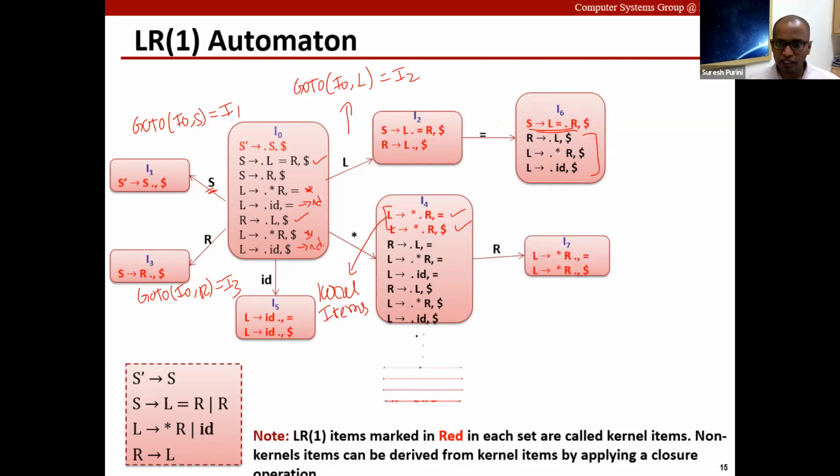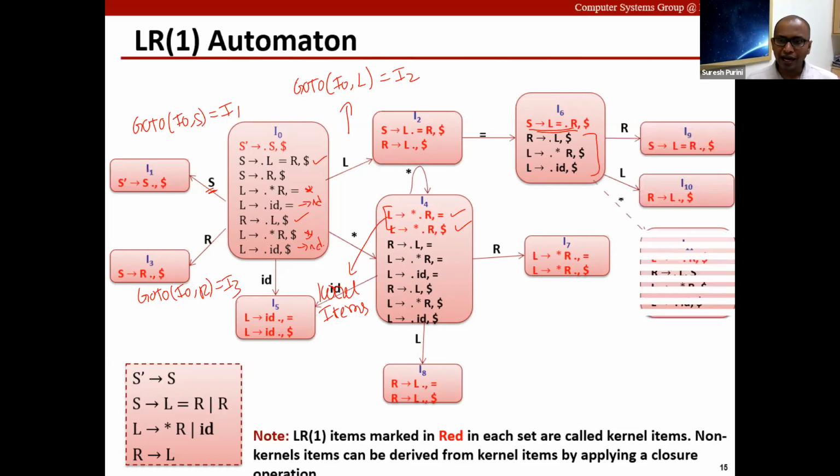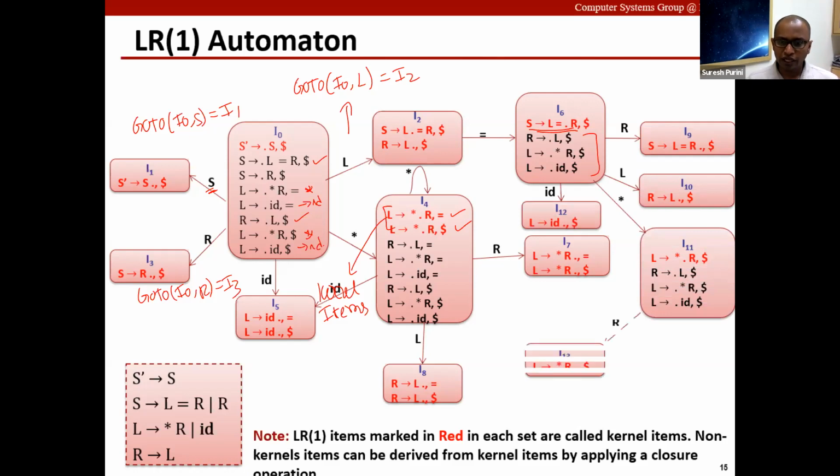So like this, we keep moving this dot over terminal and non-terminal symbols, and at some point it is not possible to generate any more states. If you pick a state and try to move the dot over some terminal or non-terminal symbol, the newly generated state is already present. And so the entire LR1 automaton gets closed after some finite number of steps. And once we have this LR1 automaton, we can use it to guide our parsing process.